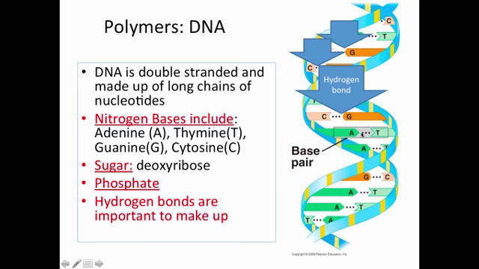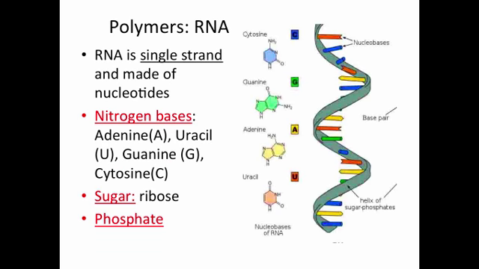So just remember that the hydrogen bonding between the nitrogen bases is very important to the structure of the DNA because it makes it easy to break apart and easy to copy itself. If we look at RNA, RNA is single-stranded, made up of long chains of nucleotides. You can see it's still a helix. In other words, it's still twisted